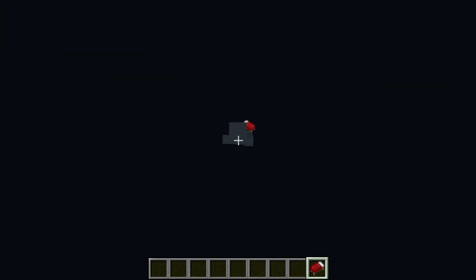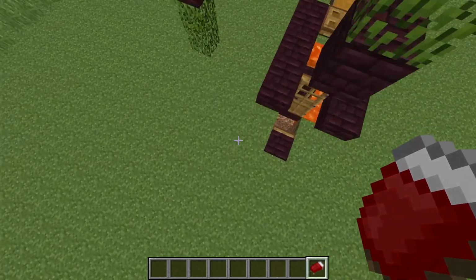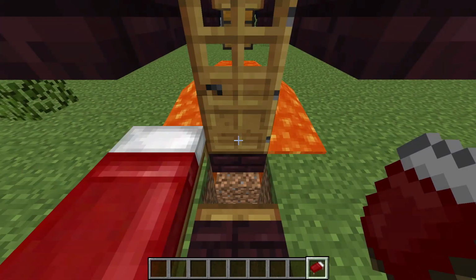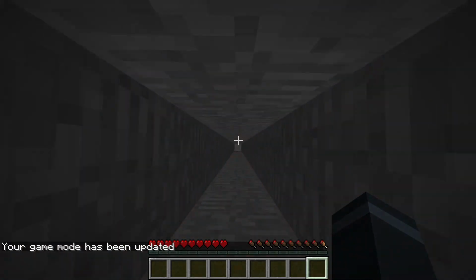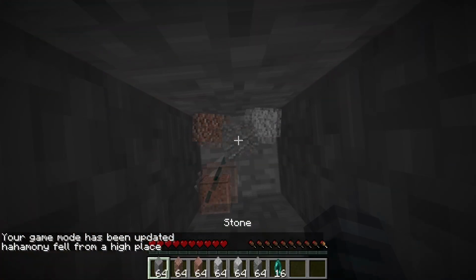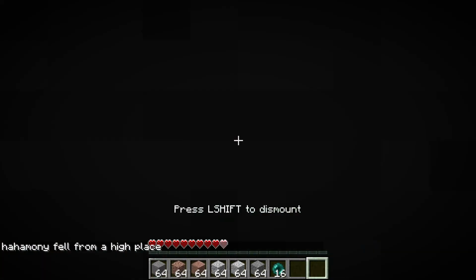That should be high enough. If you fall, catch the ladder. You want to put your bed right here. Sleep again to set your spawn. Demonstrate this part in survival. Fall, you're going to die, and then when you respawn, immediately sprint forward into the hole. You have respawn immunity, so you won't die. Then you get in the boat,